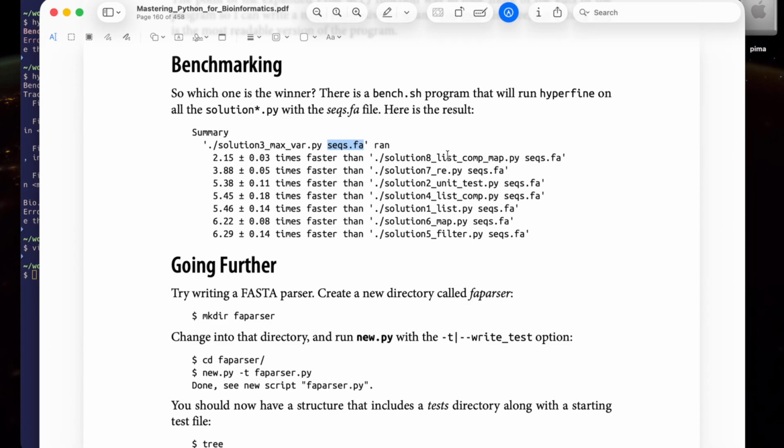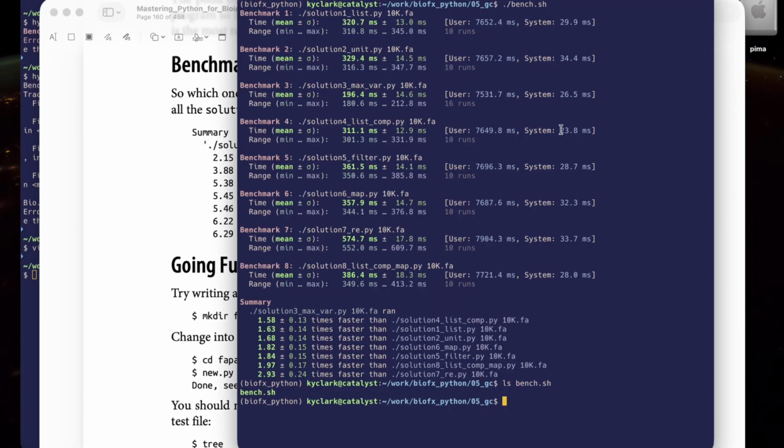And when I ran it this time, running it on the Linux server that I have access to, there was barely any difference at all between the programs. So I decided to modify the program and instead run it on the 10,000, because I was able to see a little more of a difference between 2 and 3 on that. And so when I ran this on all of the solutions that I have, solution 3 is still coming up